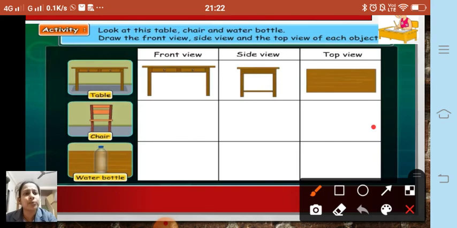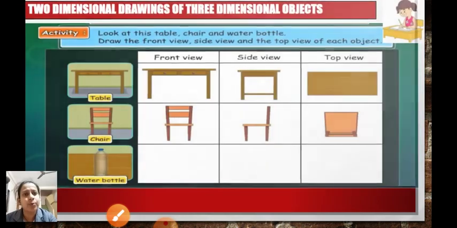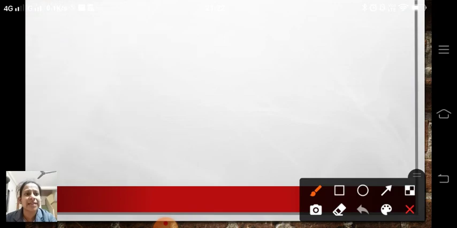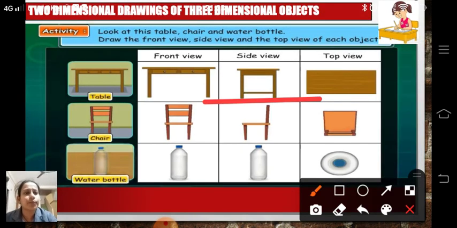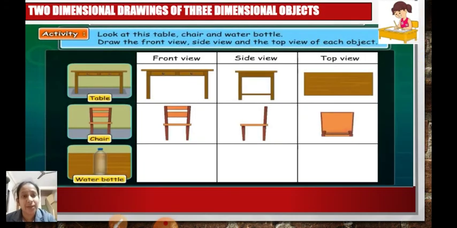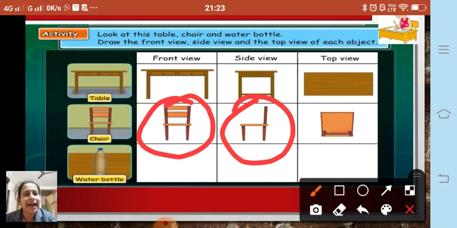Let us see now the next one. Next one is the chair, how it will look from the front view, from the side view and from the top view. So you can see the front view of the chair, how it looks, the side view, how it looks, and the top view, that is what you are going to see is the seat, where you are sitting, and